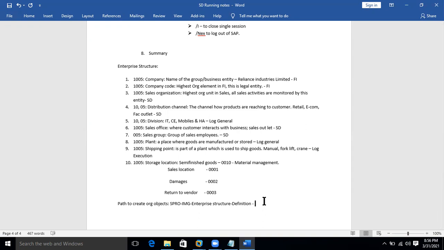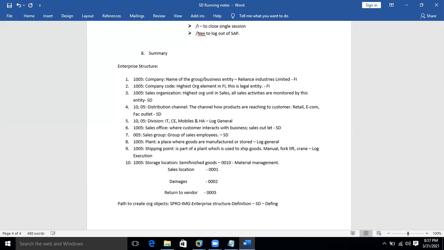So let's say you want to create a sales organization. To create sales organization, the path would be SPRO, IMG, enterprise structure, definition, sales and distribution, then define sales org. Okay, more or less you will have same naming in the end navigation node.